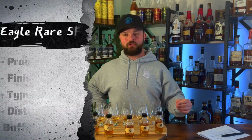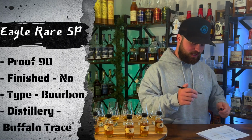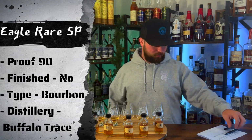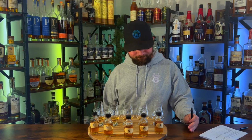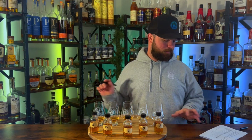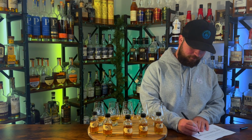That's very vanilla forward. It's so sweet that it makes me think that it's finished. So I'm gonna say finished, yes. It's a bourbon, but it's in the lower proof. So I'm gonna say like 98 proof. Distillery, this is the tough one. It's very light. There's like no rye spice in this whatsoever. It's very sweet. I'm gonna immediately just give this a 3.5 out of 5